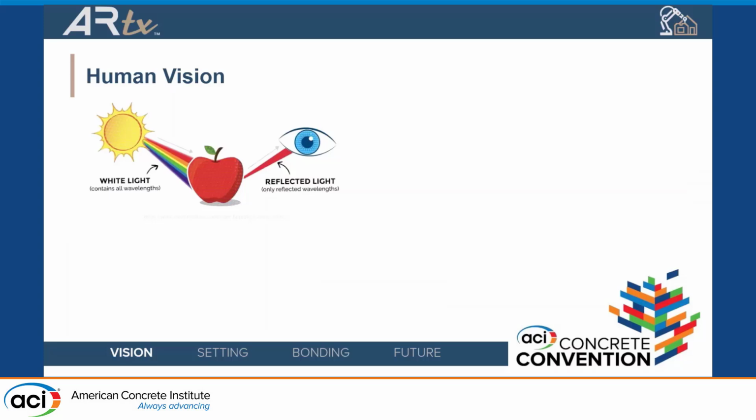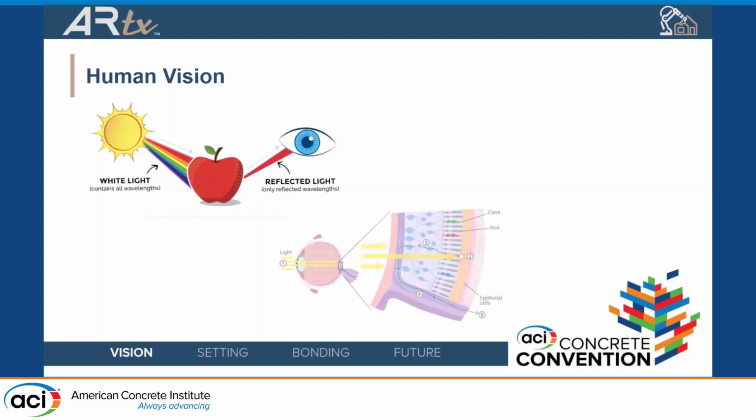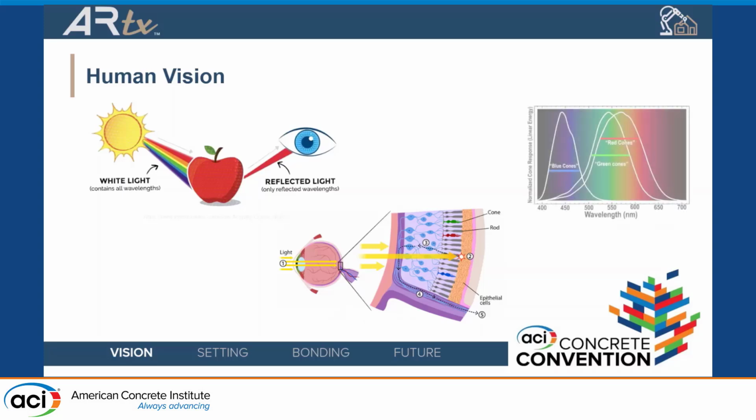Some wavelengths of that light are absorbed, other ones are reflected to our eyeball. And in our eyeball, the light is focused and goes to our cornea in the back, and there are these three kinds of cells back there. They're different color cones: a blue cone, a red cone, and a green cone. So when we look at something, we're actually seeing these slightly different versions of the same image in these different